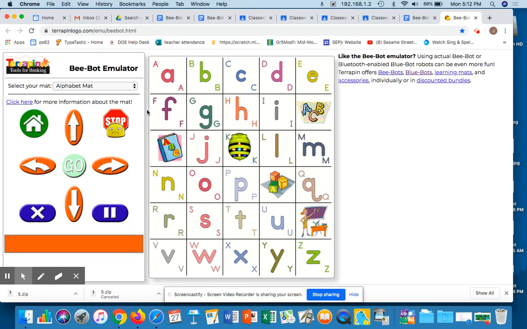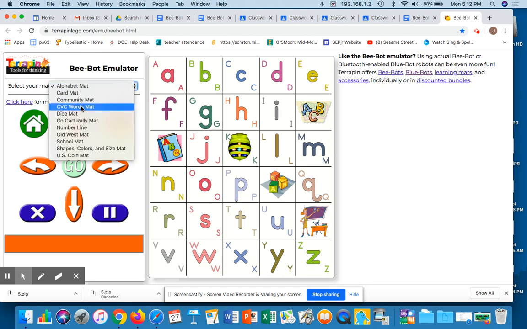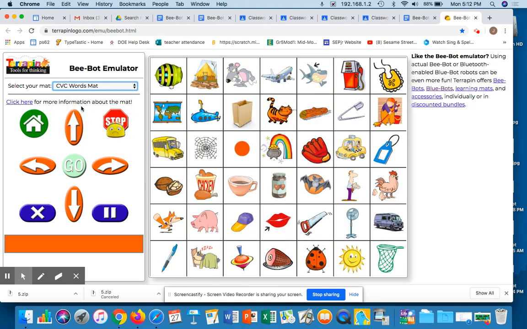And I want to change the mat. See where it says select your mat? You're going to go ahead and choose the one that says CVC words mat. Okay, you're going to see that BeeBot has a different start position. You're going to also see lots of pictures. Just so you get an idea of what some of these CVC words are, you have